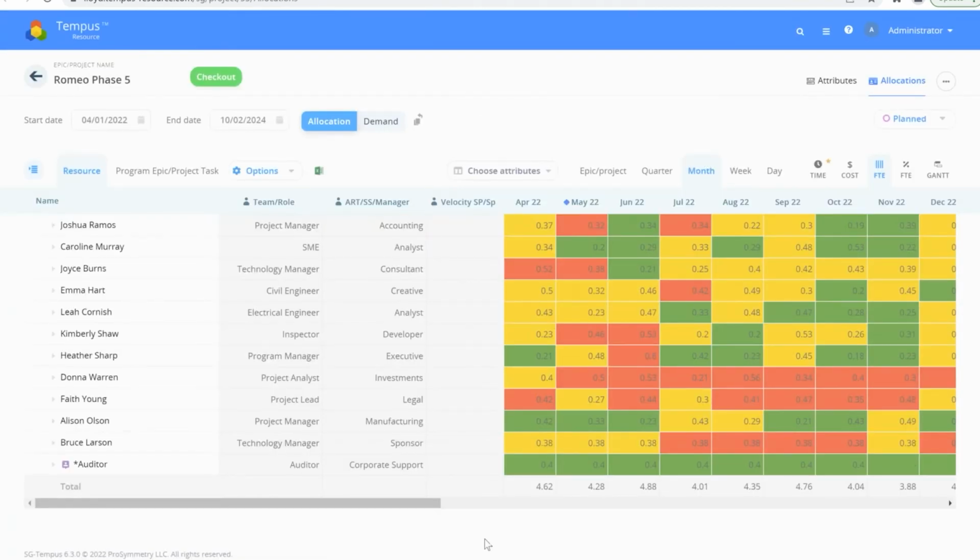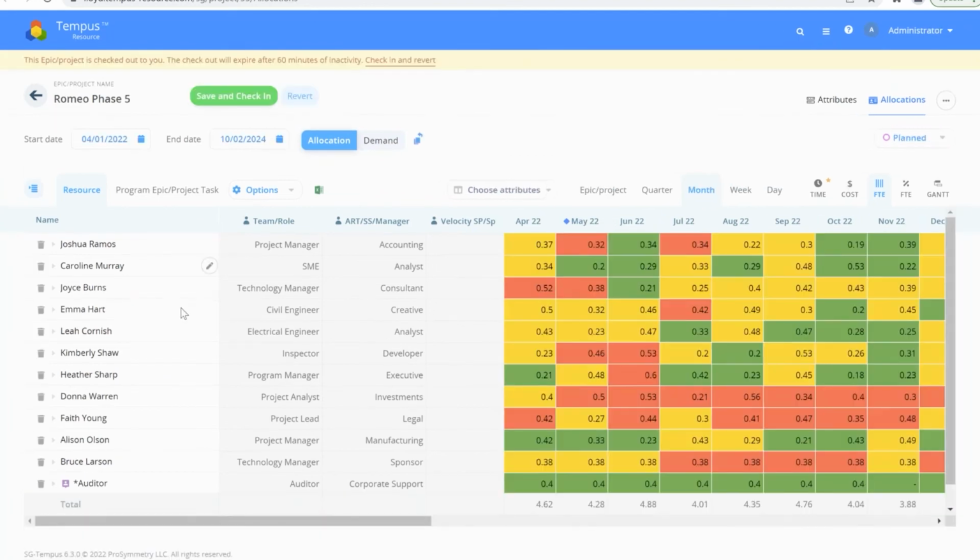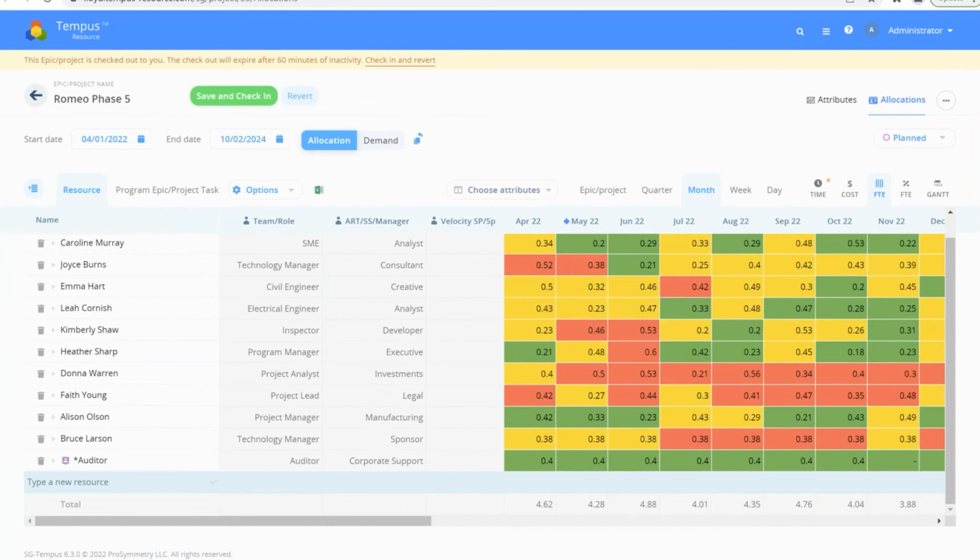And I wanted to show you how easy it was just to add anybody to a project. You can see the project dates, obviously. You can show, again, if you're working in an Agile area, you can see the velocity of teams. You can add teams, people, roles, all to the same effort. And it's very easy. Just check out the project, pop down here and say, hey, I want to add